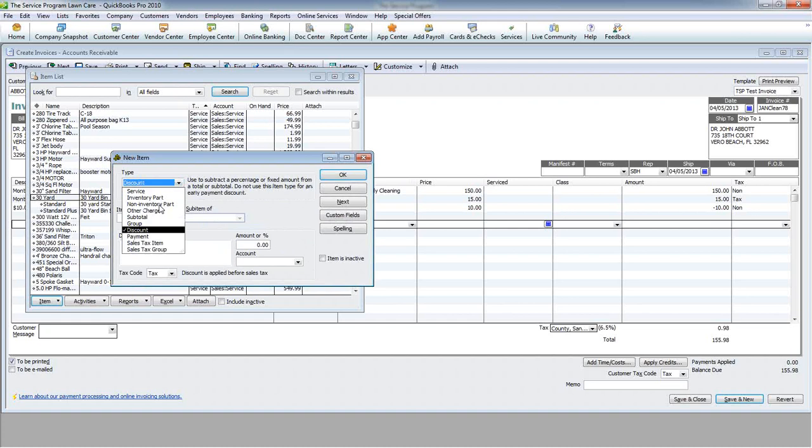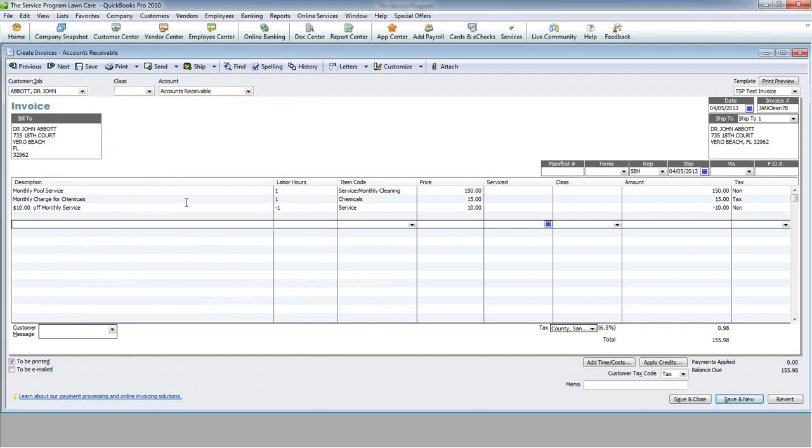The service program does not work with discount item types. We can't have a discount item on an invoice in our software that's based on a percentage and have it transfer over to QuickBooks. How we handle credits on an invoice, how I got this one to sync over, was